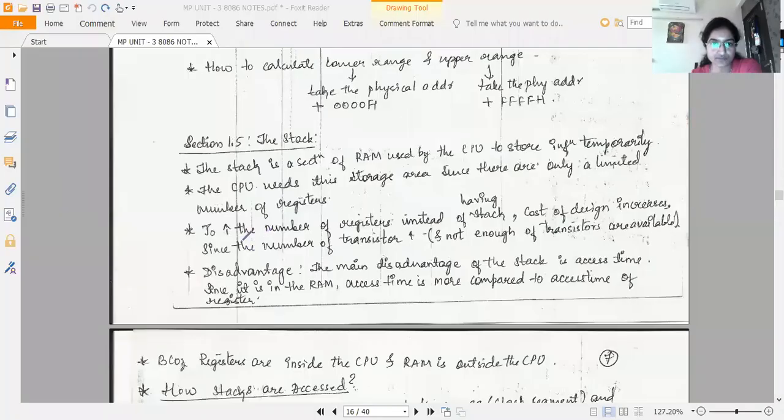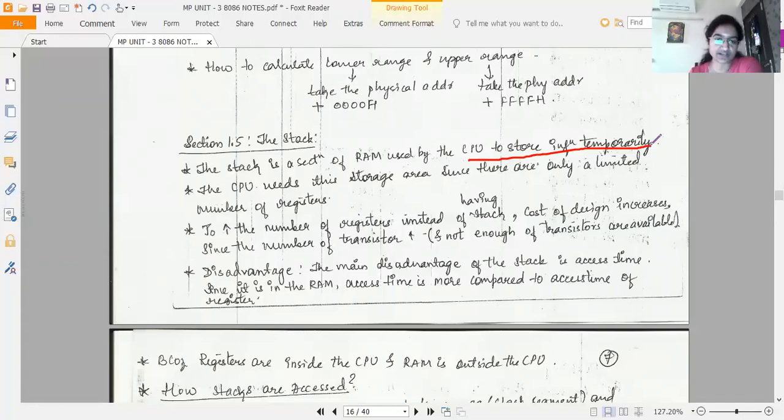All right. Now here we know that the purpose of stack is to store the information temporarily, right? Just like the other general purpose registers in 8086, stack is also used in order to store the information temporarily. Now, when we have general purpose registers, why do we require stack? It is because we have very few general purpose registers. The general purpose registers in 8086 are not enough. That is the reason we make use of stack.